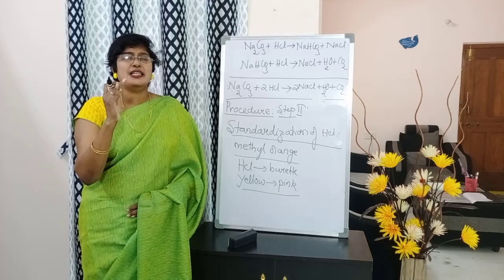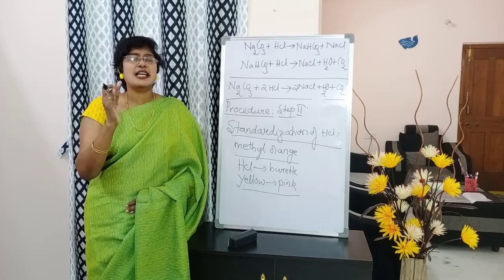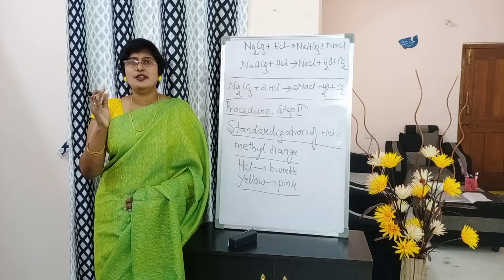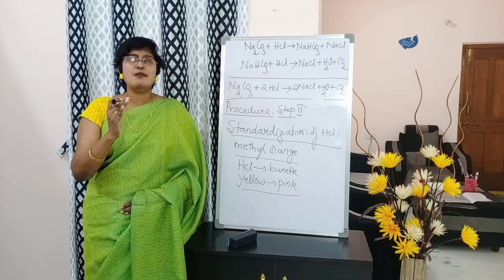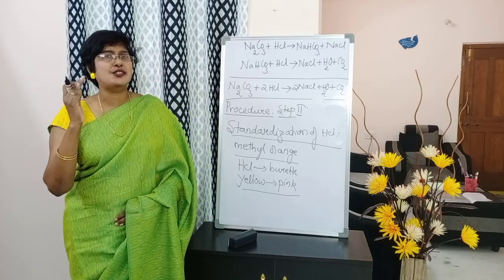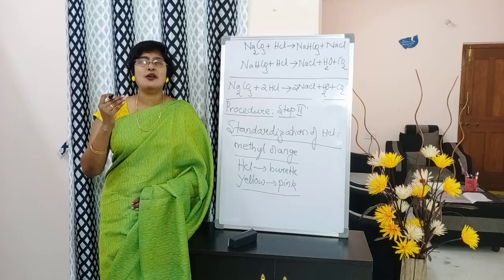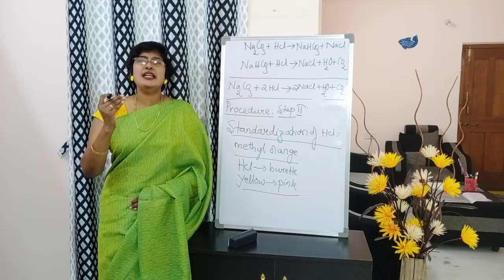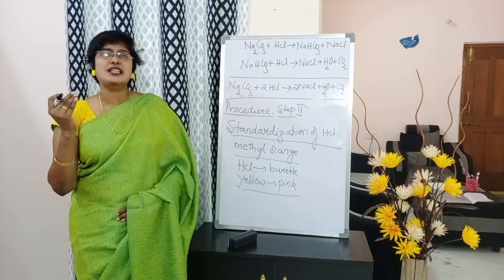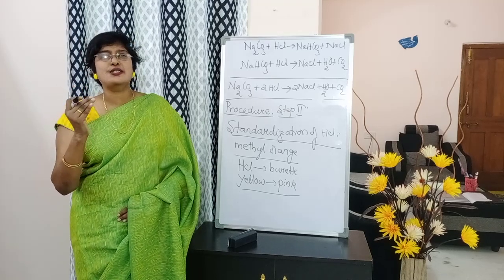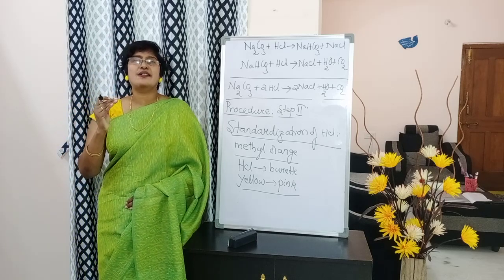From that beaker, using a 20 ml pipette, you will pipette out the standard Na2CO3 solution into a clean conical flask. To that 20 ml, we will add 1 test tube of water and 2 to 3 drops of methyl orange indicator. Immediately after adding methyl orange indicator, the solution turns yellow, and this solution should be titrated